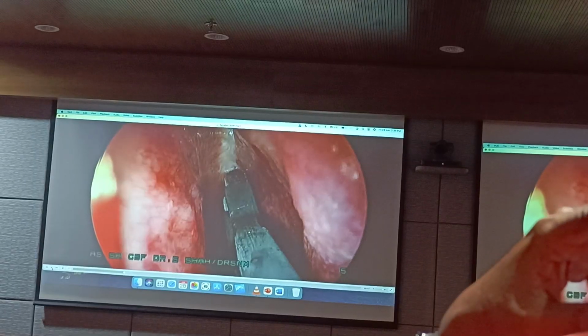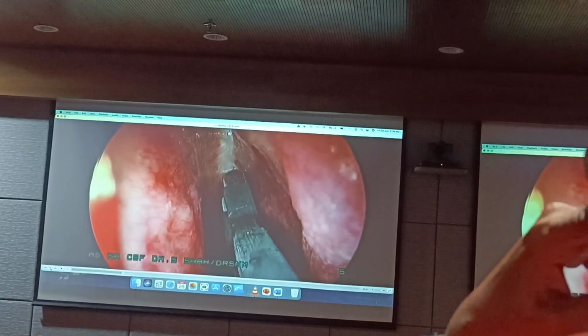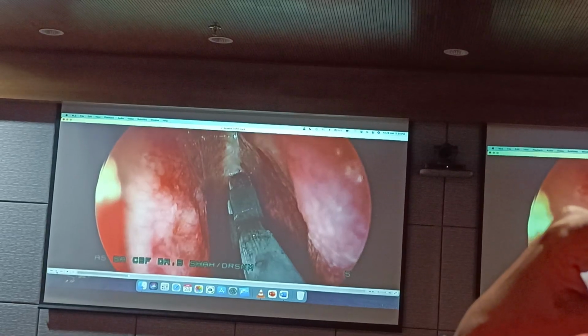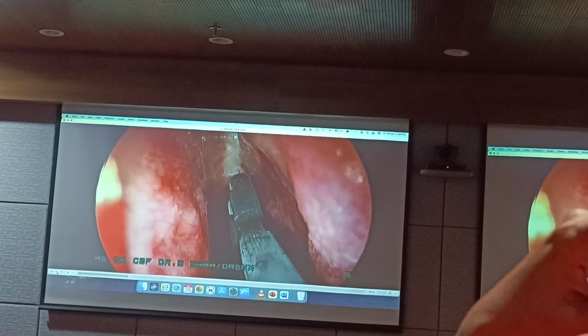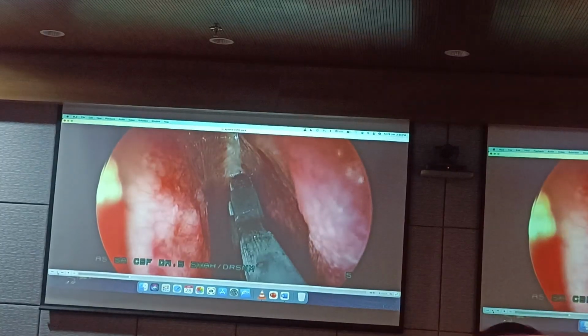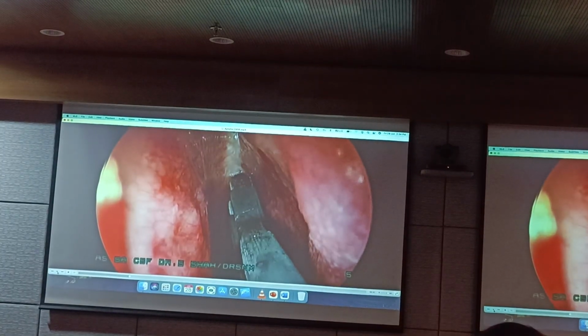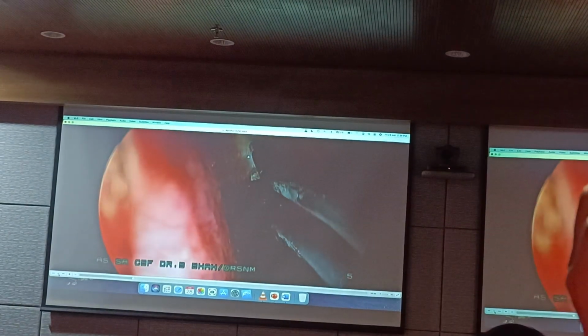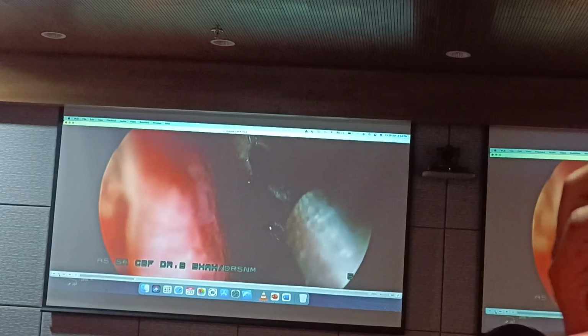If you take your ordinary bipolar, it will close when you go in that area. So it's very difficult to use an ordinary bipolar. You do need these special forceps over the cribriform plate near the dura. You never use monopolar. The heat will spread and you will get an iatrogenic leak. Always use bipolar forceps. So now this meningocele is cauterized.